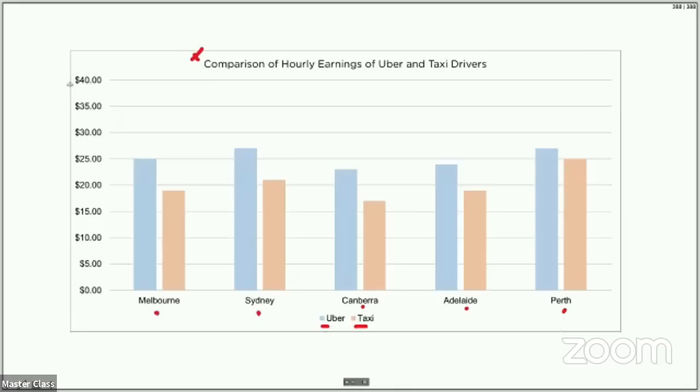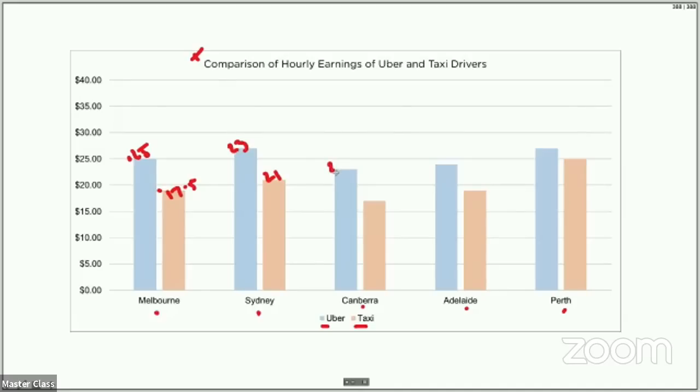And I can imagine these will be Australian dollars. It'll probably tell us in the graph description. So Melbourne, we can see Uber drivers get paid about $25 an hour. Taxi drivers in Melbourne get paid about $17.50 an hour. Sydney, Uber drivers are up here at about, let's just make that 23. So if this is 25, this is 17.5. Let's just analyze this graph for a second. Taxi drivers in Sydney, let's say it's about $21. Canberra Uber drivers get paid, what's that? That must be about